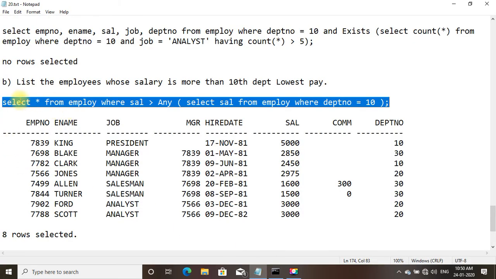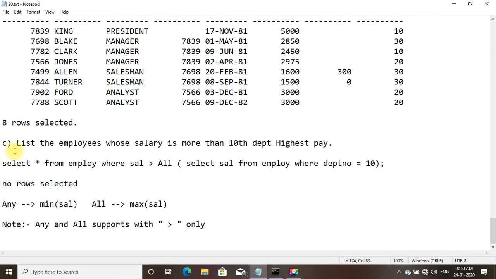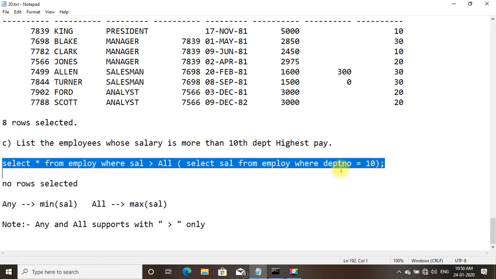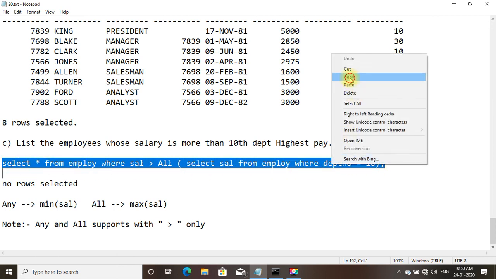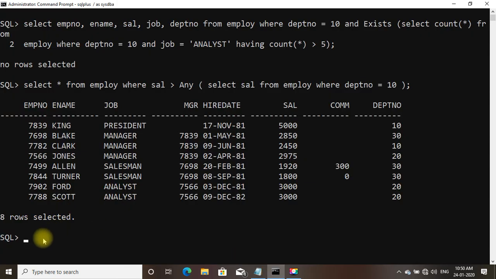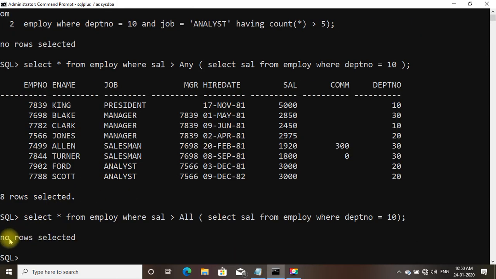These employees have salary more than the 10th department's lowest pay. Let us come to the next example. List the employees whose salary is more than the 10th department's highest pay. You can see no rows selected.